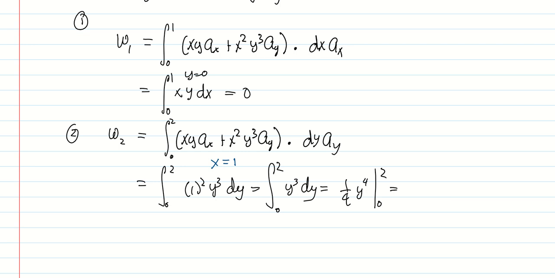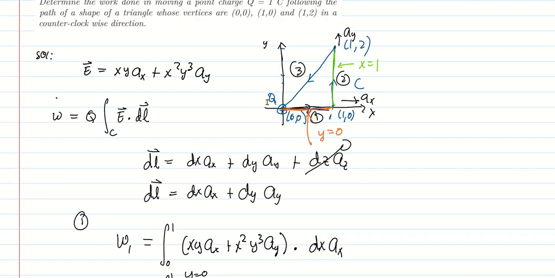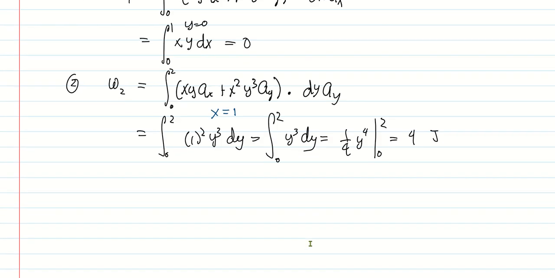So you evaluate this: 2 raised to 4 is 16, then 0 minus 0, upper limit minus lower limit, divided by 4. 16 divided by 4 is just equal to 4. And the unit for this is joules for the work done. So this is the energy that we need to move the charge from this point to this point. Then for the third part, the last part,